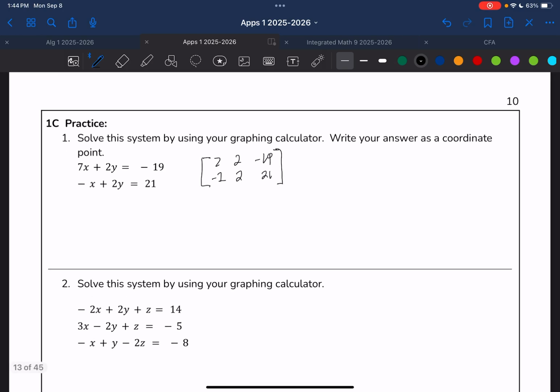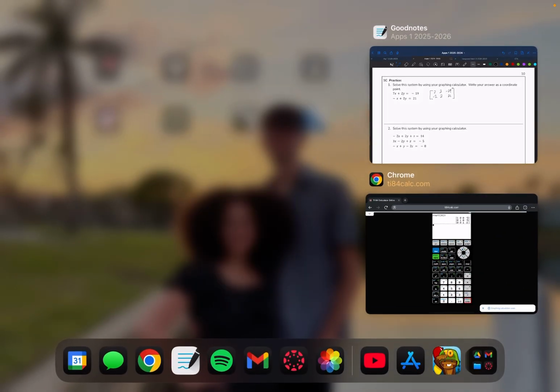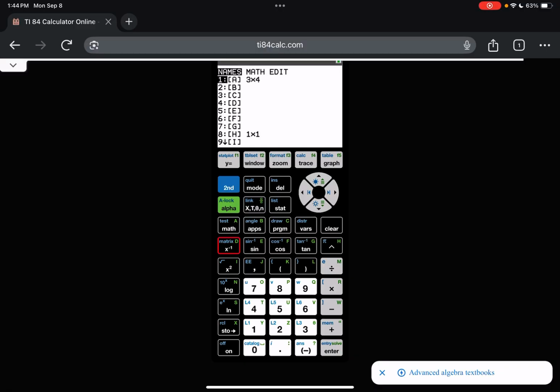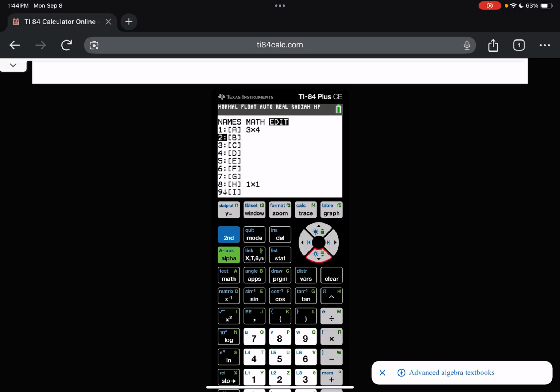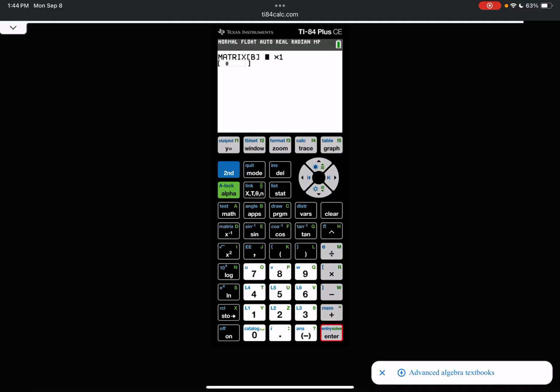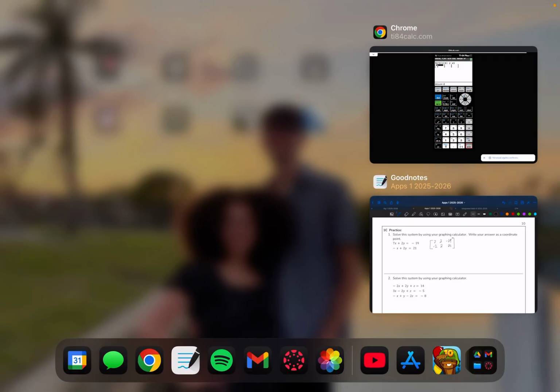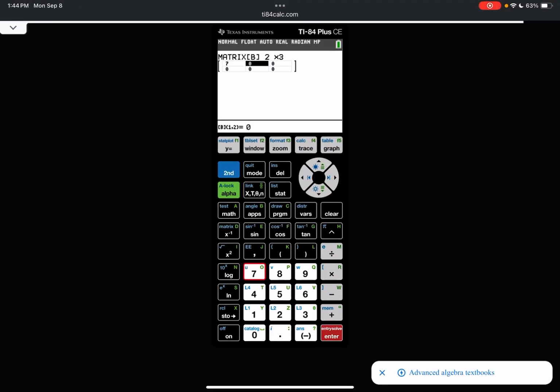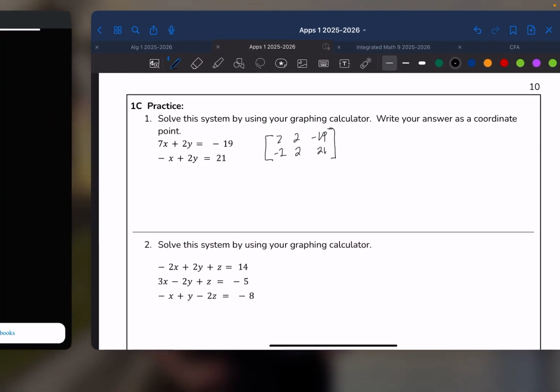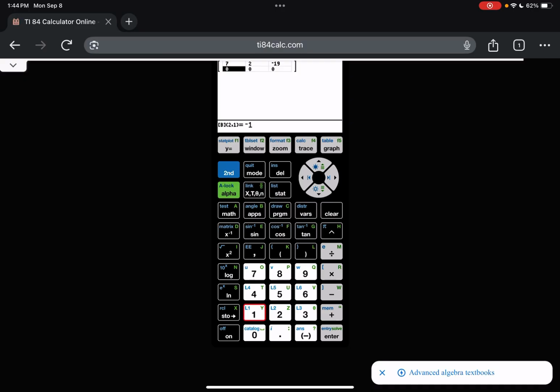And then based on that, we want to go over to our calculator, go to our matrix. I'm going to do this in matrix 2. It needs to be a 2 by 3. Put in my numbers, so 7, 2, negative 19. Negative 1, 2, 21. All right. And then we can back out of there, go back into our matrix menu again, and go down to